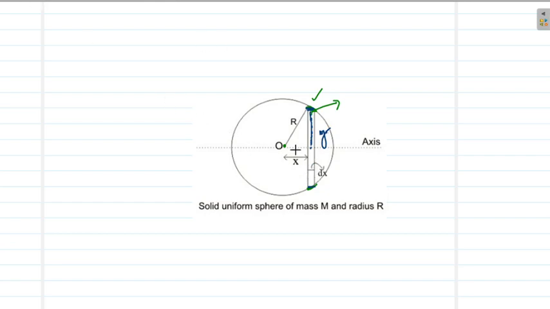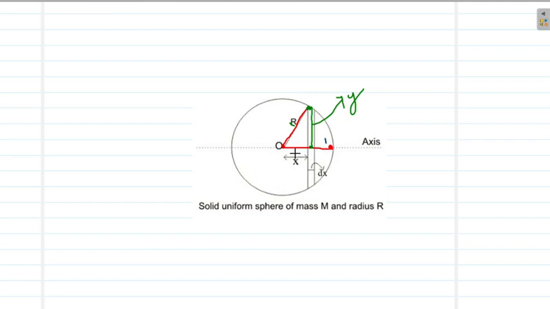It should be noted that the radius of this disc is not the radius of the sphere, capital R. Capital R and the radius of this disc are different, because here you can see this corresponds to the radius of the sphere, and this is also the radius of the sphere. But here we have to find out the radius of the disc, which is the distance from this particular point up to here. So the radius of the disc should be denoted by y, and it is not the same as the radius of the sphere, which is R. These are different quantities. So let us try to define the y value, which corresponds to the radius of the disc that we have considered inside the sphere.